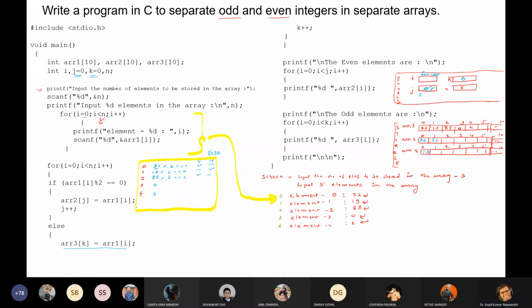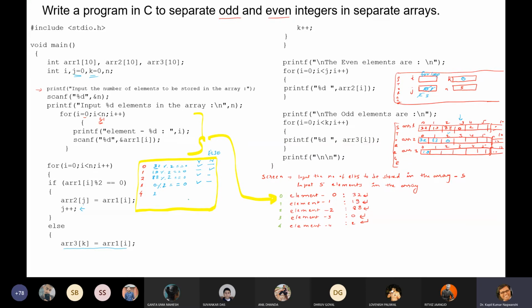Okay. Now come to 0 mod 2 equals to 0. Yes. So again, whatever the current value, currently we are running here. Now this value will be stored at the value of j. Array 2 j, the current value of array 2 j is 2. So at this place, it will store 0. And now this value becomes 3 because of this j plus plus.